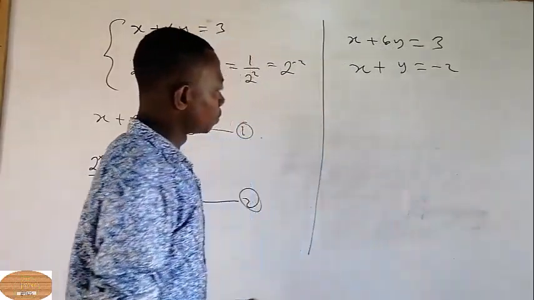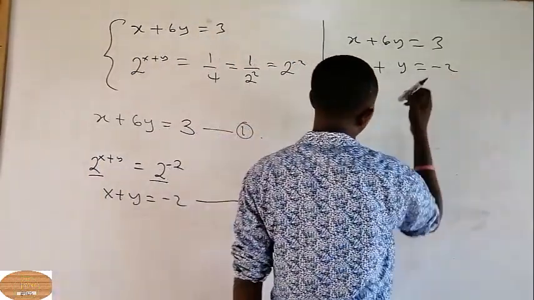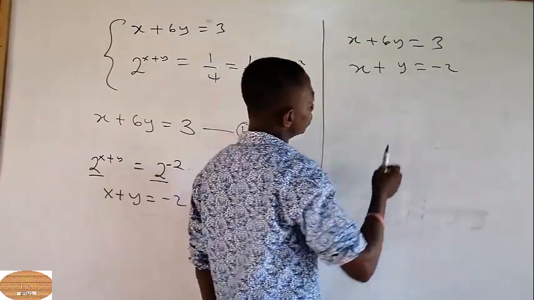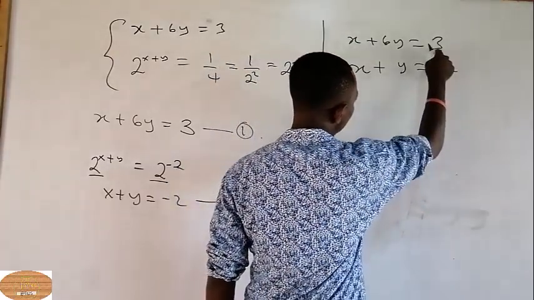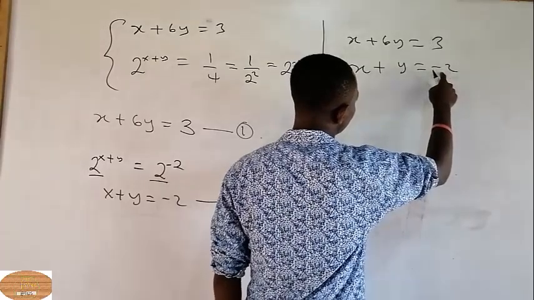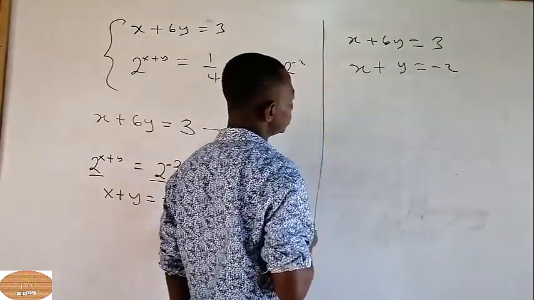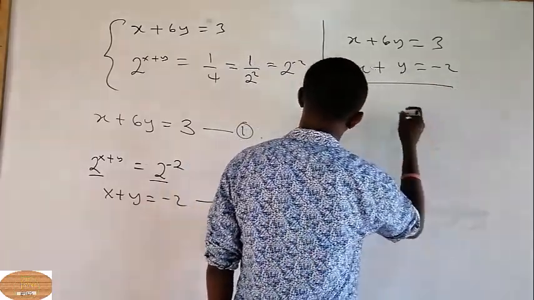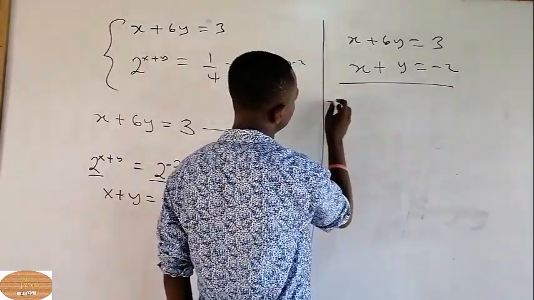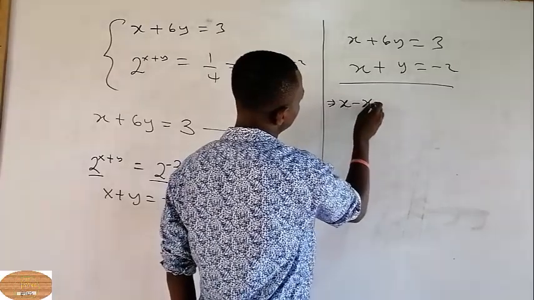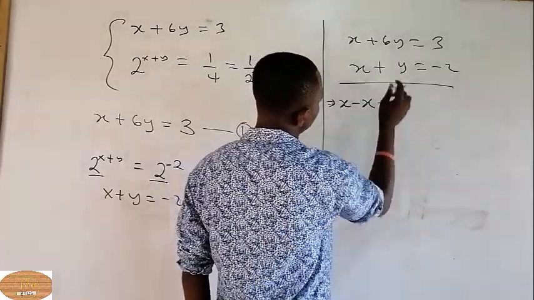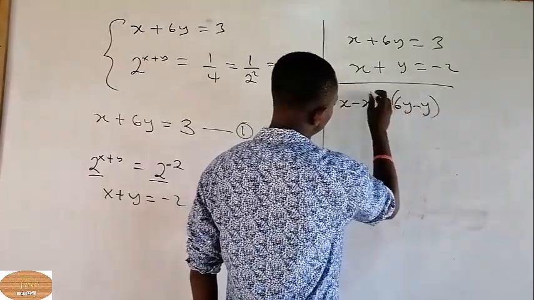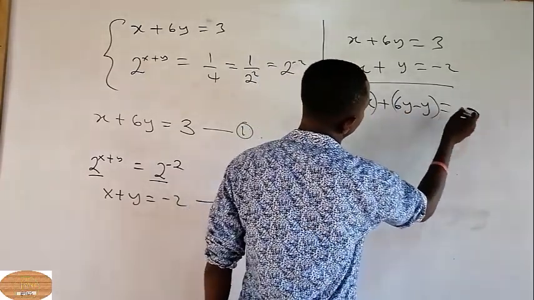Alright, so let me use the elimination method. Let me eliminate one of the variables. So I have 3 here and minus 2 here. So this one is bigger than this. So I'll subtract equation 2 from equation 1. So let me do that. x minus x, plus 6y minus y, equals 3